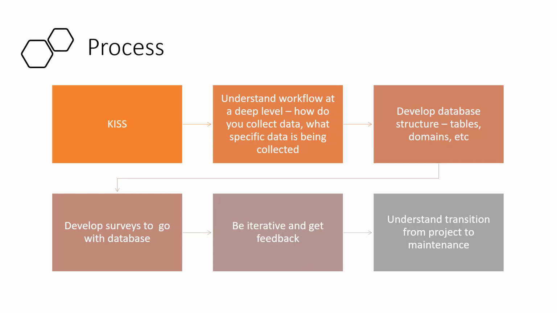And of course, every chance you can, stand that thing up and get it out to the woods in an offline mode so you can get feedback on what's working and what's not. You can make sure the data is able to successfully sync to your centralized database and you're able to see it. That is a bridge and a barrier that you need to jump over relatively quickly and get confident about, and get your field staff confident that it's going to work. Finally, you need to understand when you're transitioning from a project to maintenance, which is a really positive step. It means you've kind of jumped the breach, and now you're in a place where you're just trying to maintain.